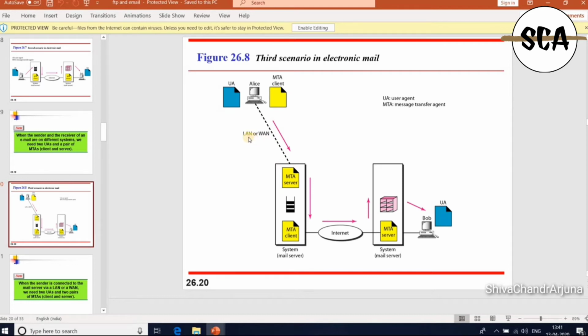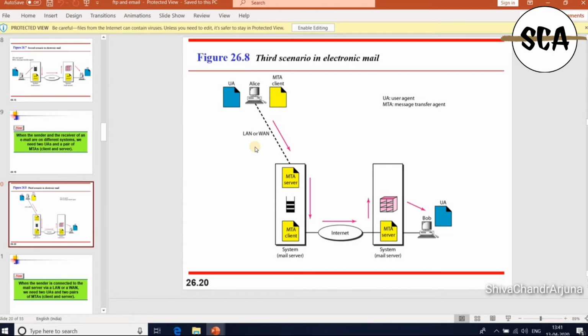Point-to-point WAN is nothing but dial-up modems, DSL or cable modems. On a LAN, she is connected in an organization that uses one mail server for handling the emails.